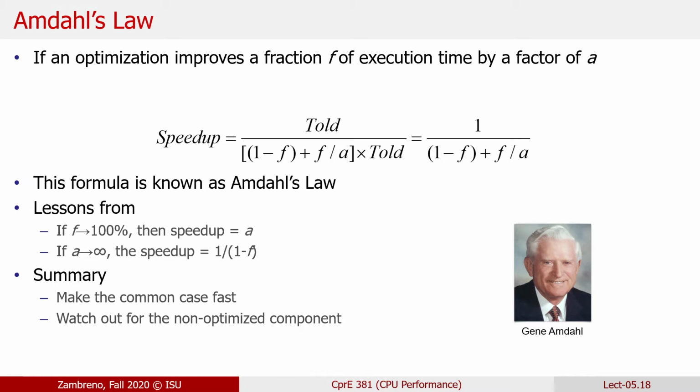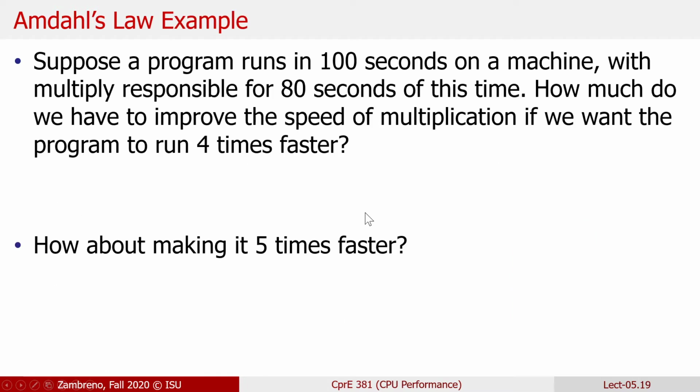Well, certainly we should focus on that 90%. If you're trying to make your code faster, the 10% is pretty irrelevant, at least to start. So making that common case fast, make the code for which your F is really large faster, and at least for now, ignore the rest. But the second part is equally important, that you're going to be always limited by the 1 minus F. If you're only speeding up the F, then the limiting factor is whatever is in that 1 minus F. And if you start to throw some real numbers on it,